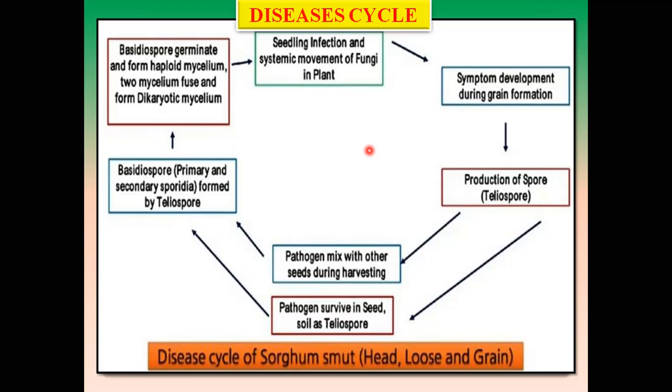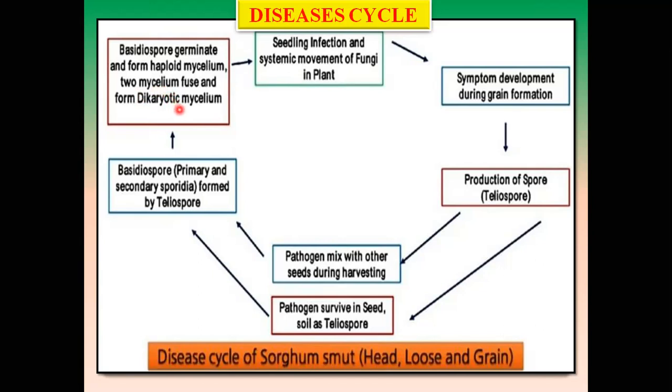So entry of this mycelia takes place through the mesocotyl and hypocotyl, meaning the pathogen develops teliospores or chlamydospores in the winter stage of this fungus and finally develops the sporidia. Suppose this pathogen survives in the seed or soil as teliospores. So basidiospores generally form, meaning sporidia are developed